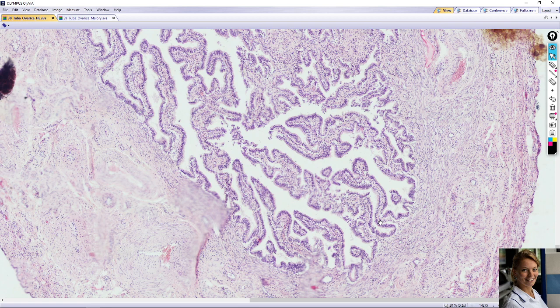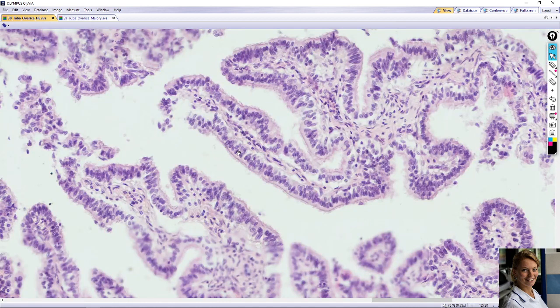The mucosa of the uterine tube consists of simple columnar ciliated cells and non-ciliated peg secretory cells that overlie the lamina propria. The ciliated cells are most numerous in the infundibulum and ampulla of the uterine tube, and the movement of the cilia is directed toward the uterus to move the oocyte, but some cilia move in the opposite direction to help sperm.